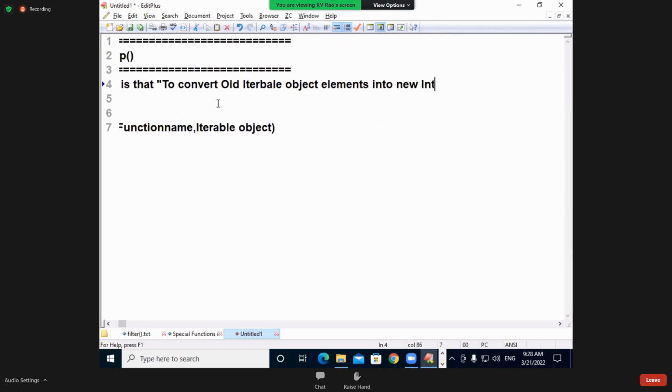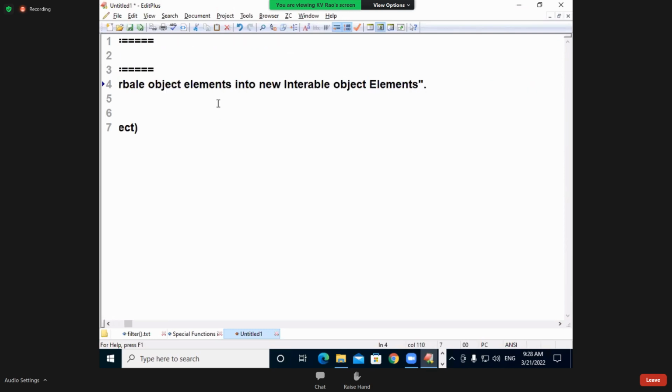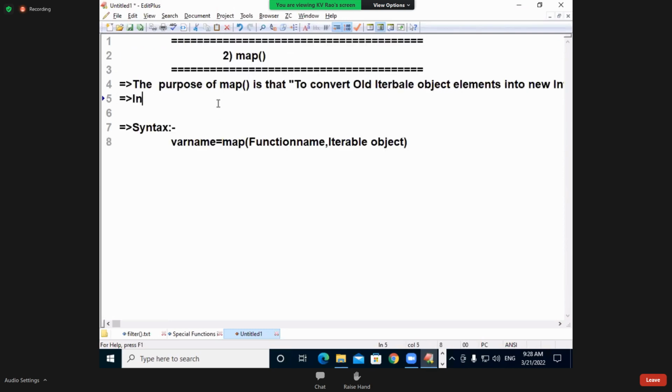New iterable object elements. Very good. In other words, I can write in next line. In other words, map function converts old list elements into what elements? New list elements